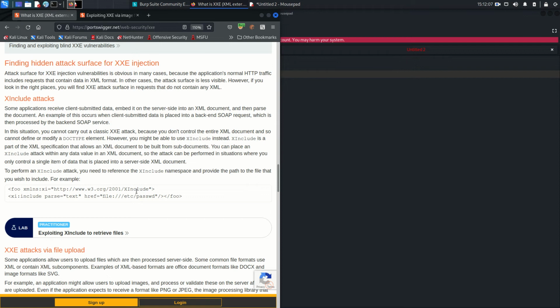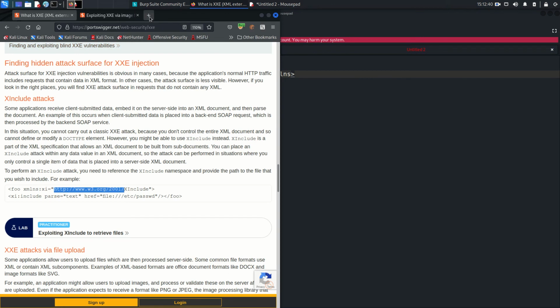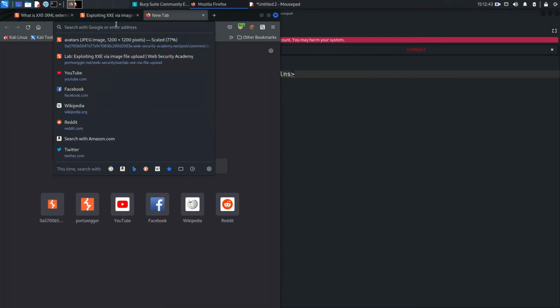This is XI. We can take this, just copy up to here and go back here, paste that, and here instead of XInclude we can say svg xmlns, or we can search SVG